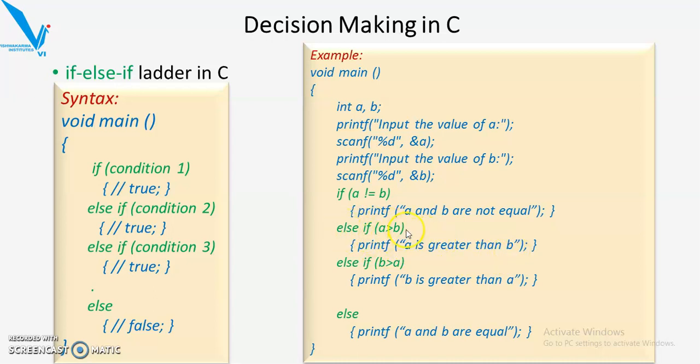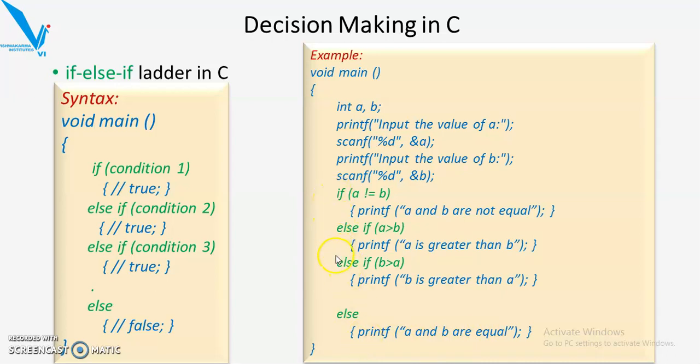If this condition is not true, then it will go over here and ask whether B is greater than A. If B is greater than A is satisfied, then it will print B is greater than A. Else, if all the conditions fail, the control will go to the default else statement, and whatever body is inside the else statement is going to be executed.